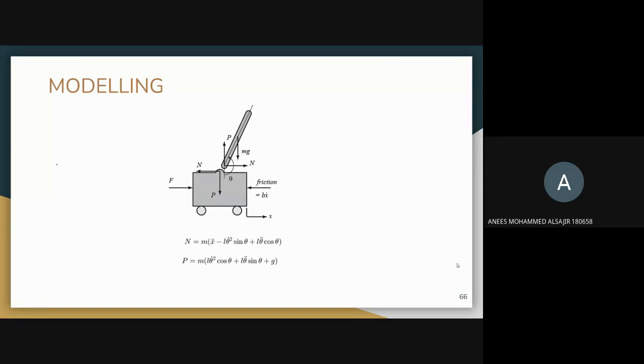Hello. So I'll be talking about the simulation aspect of our project. First, it's pretty challenging to do this in Simulink because of the pin joint between the pendulum and the cart, because this reduces the degrees of freedom in the system. So this can be resolved by generating differential equations for these degrees of freedom. This is done from Newton's laws. So these are the equations.